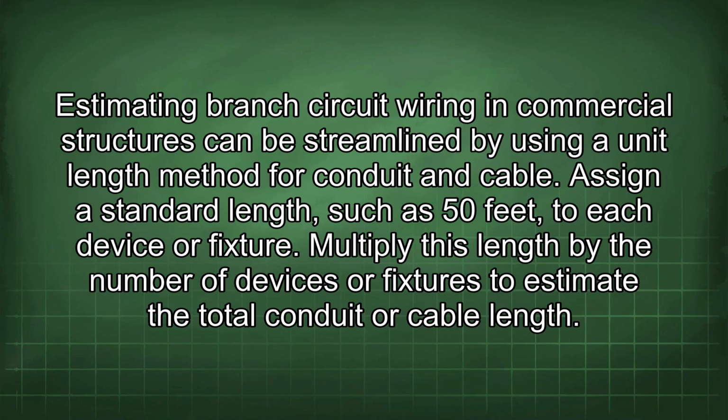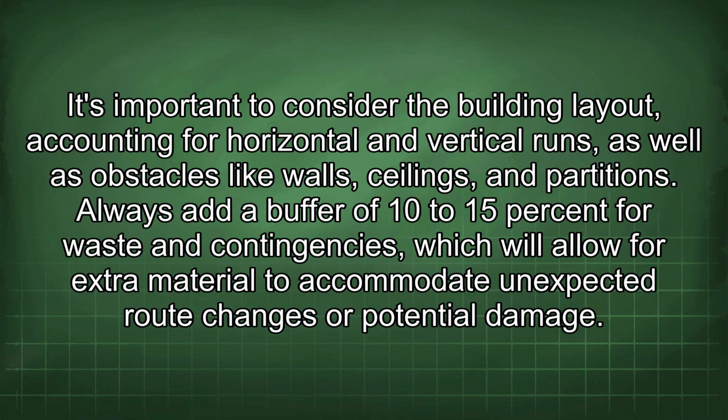Estimating branch circuit wiring in commercial structures can be streamlined by using a unit length method for conduit and cable. Assign a standard length, such as 50 feet, to each device or fixture. Multiply this length by the number of devices or fixtures to estimate the total conduit or cable length. It's important to consider the building layout, accounting for horizontal and vertical runs, as well as obstacles like walls, ceilings,